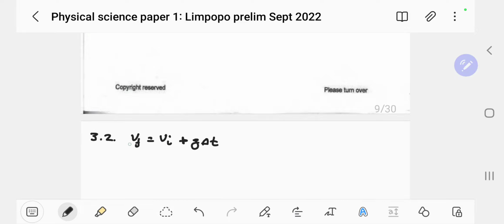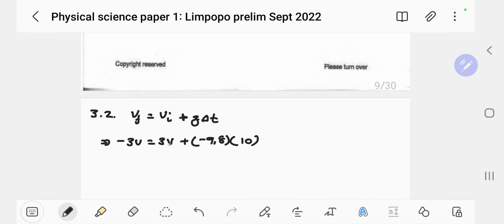Now let's look at this one, guys. Upward we chose as positive, so this one is going to be negative 3v, so this is minus 3v because it is the velocity with which it hits the ground. But the velocity with which it left the ground is the same, but positive, so it's going to be 3v, plus minus 9,8 because this is always downward, so we chose up as positive, and then delta t we were told is 10 seconds.